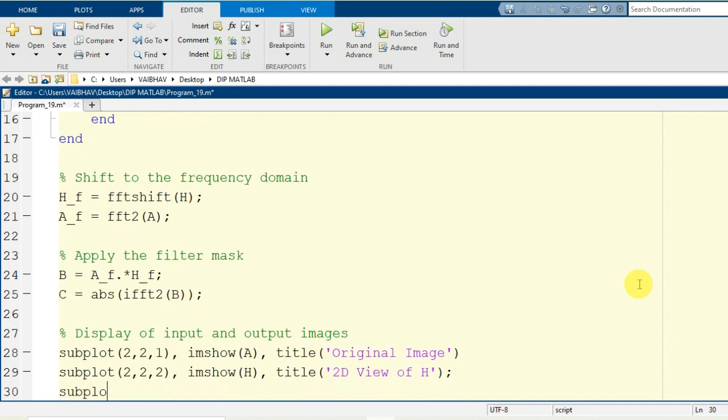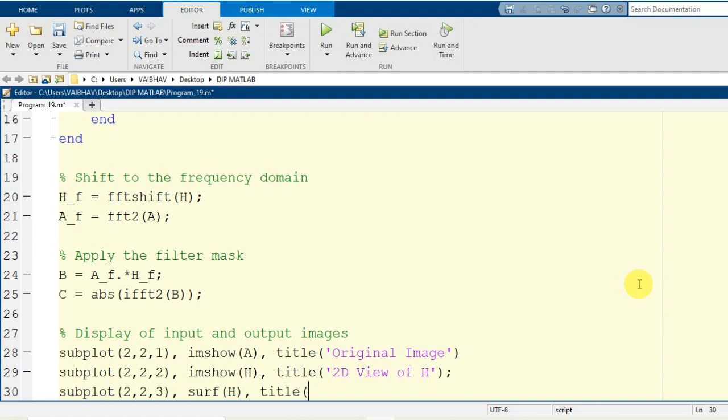Next to that we will go for accessing the third cell of the subplot here, and hereupon I will make the visualization of the filter function in the 3 dimensions here. The use of SURF command will be helpful here.